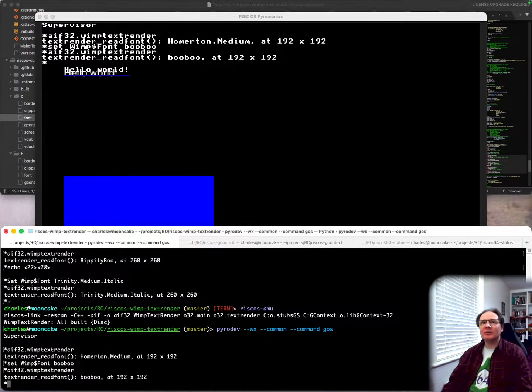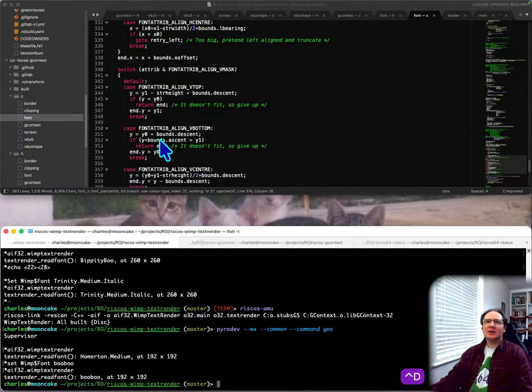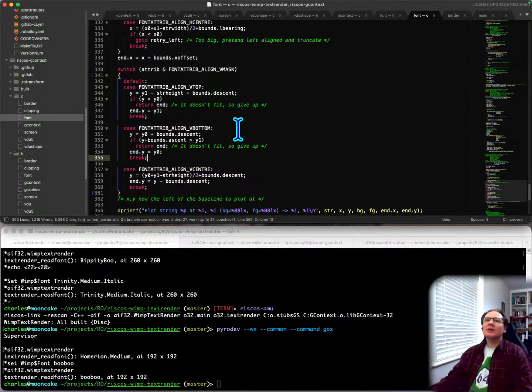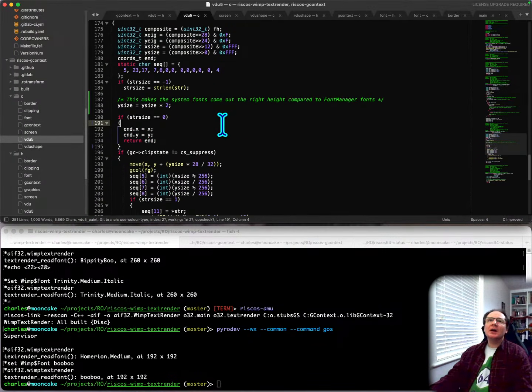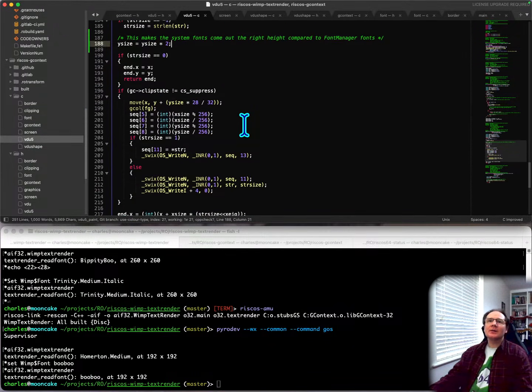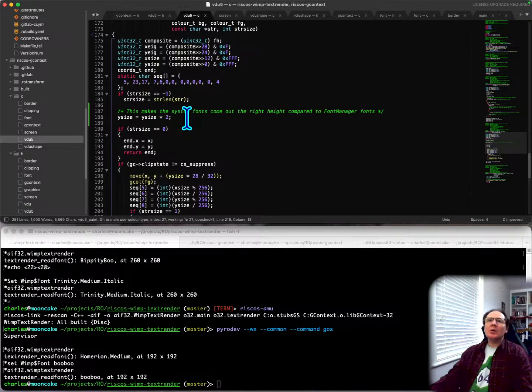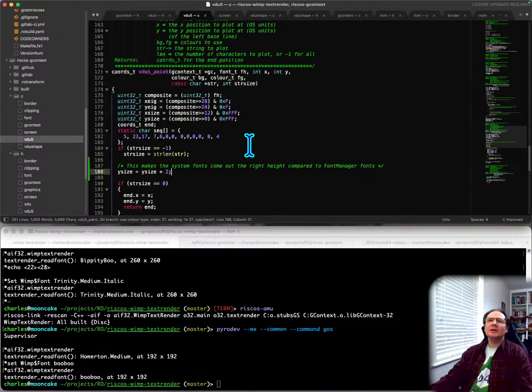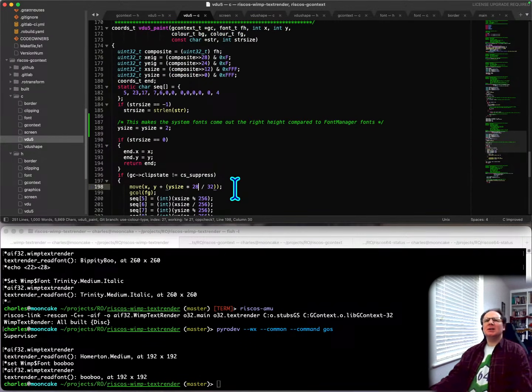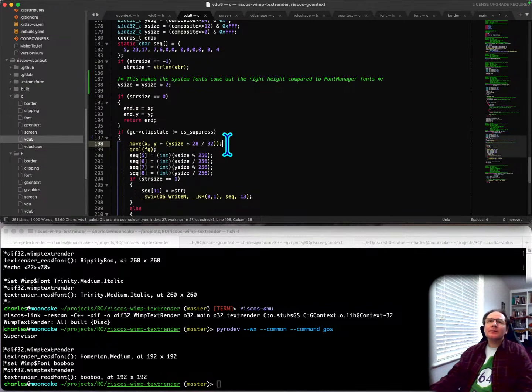So I think, although I've resized the actual rendering, I haven't changed the size of the font that it's going to draw. So what we'll do is we'll just exit that, and we'll go and make the changes to the code in VDU5 again. So what do we do here? Y size equals Y size times 2. Oh, I wonder if that's because when we get the string bounds, we don't put it in the right place. No, that's not right either. Times 2. Oh, I'm confused now because we've doubled the size of it, so it knows the size is going to be bigger. And this is the position it wants to plot it at. Over 32, which is